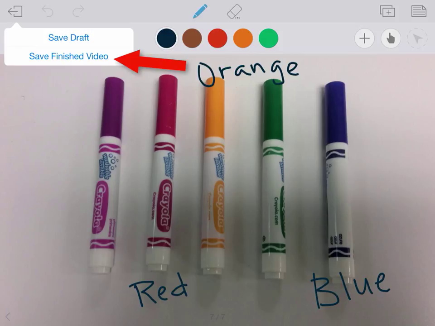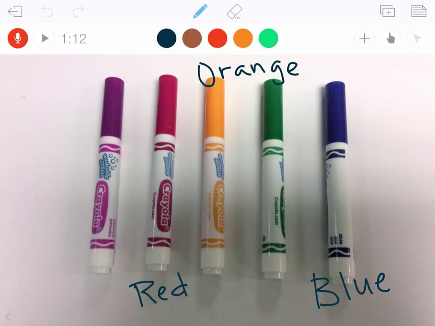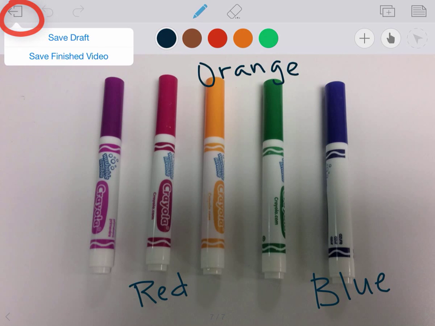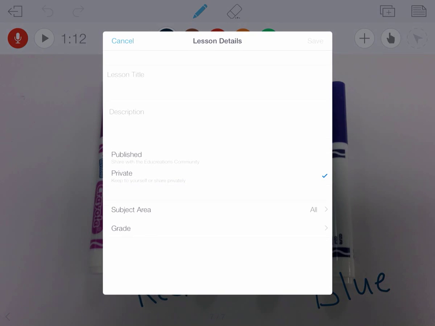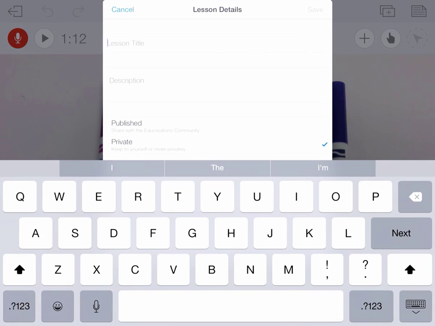If you don't see the Save Finished Video option, that means that you have no audio recorded with your work. You can tap on the microphone and record a couple of seconds of silence if you don't want any sound saved with your work, but you must have audio to turn your lesson into a screencast. So go ahead and tap that share icon, tap on Save Finished Video, give your work or your lesson a title,